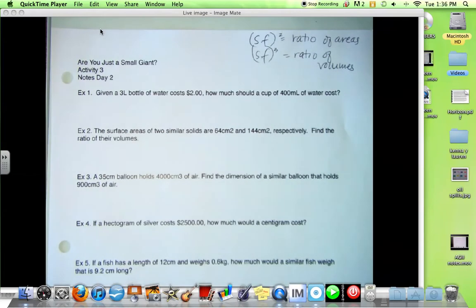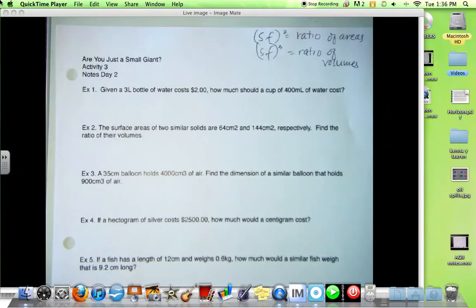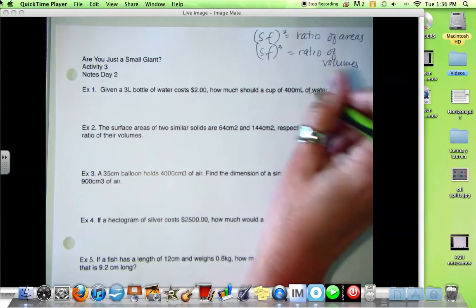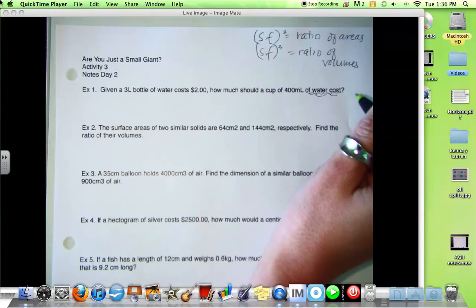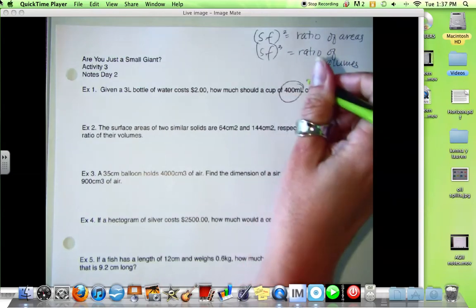Number one, given a 3-liter bottle of water costs $2, how much should a cup of 400 milliliters of water cost? So what do we need to find? Convert the milliliters into liters, or decimeters, or either one. We need to find the cost. Lauren, what are you saying? You have to change 400 milliliters into liters. Okay, so 400 milliliters equals